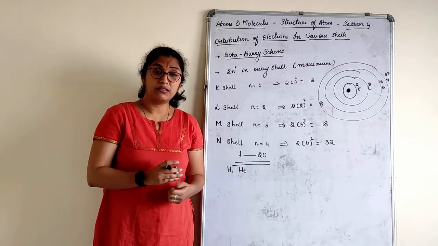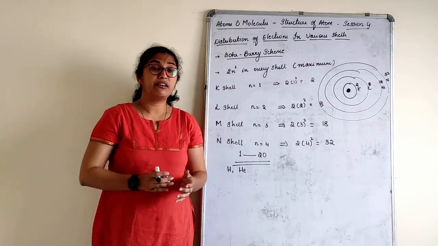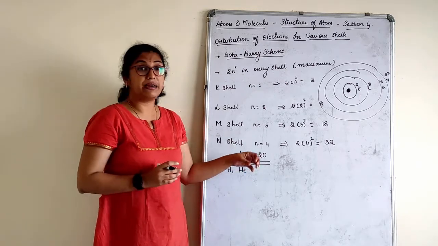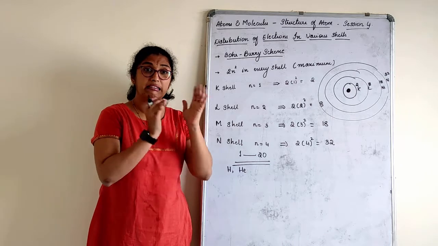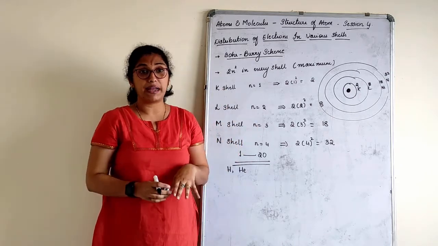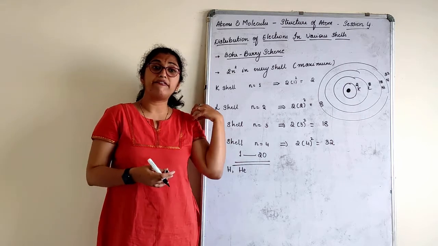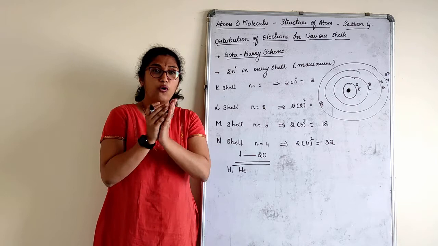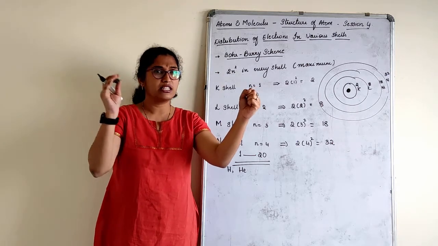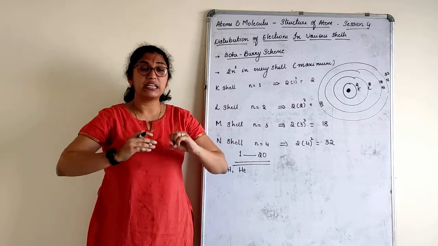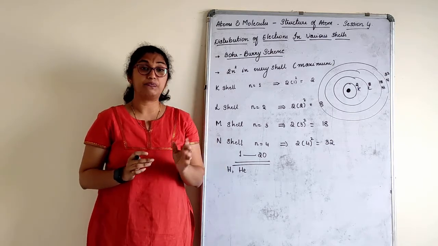There came Dobereiner, then Mendeleev, then finally came the modern periodic table classification given by Moseley, who said that this is the classification done and elements are arranged in this manner. There were many people who gave their own arrangement. Basically we know how the elements are arranged: metals, non-metals, to our understanding, right? That was the basic classification initially given.